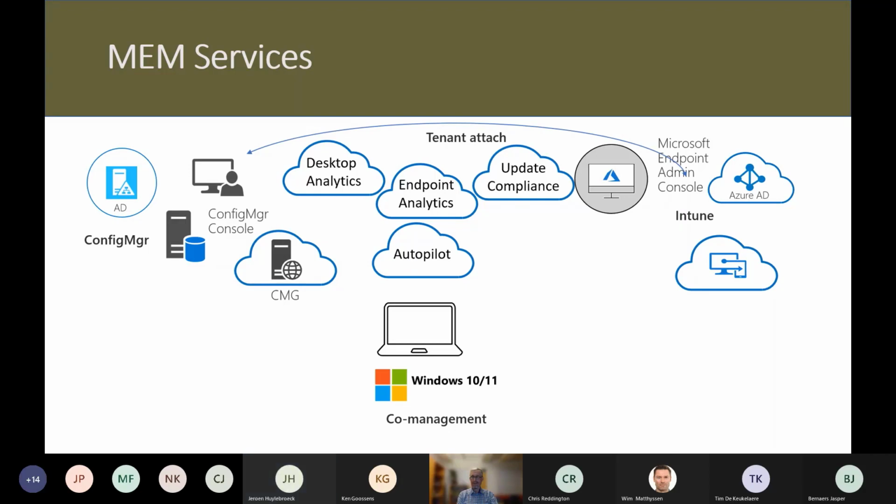Everybody is doing something else than endpoint management. And then is anybody using Update Compliance? Okay, so I'm not going to cover too much how to deploy those different services. I'm more focused on what kind of information you can get from those. So let's start with